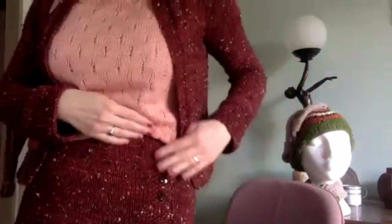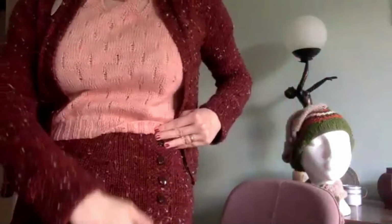So yes, this is a suit I knit that I actually made the skirt for once, because it's in a thicker yarn. It's a DK weight yarn. A nice raglan shape, as you can see, with seed stitch on the edges, and the skirt. This is the matching skirt, which has these little buttons going up. Oh,